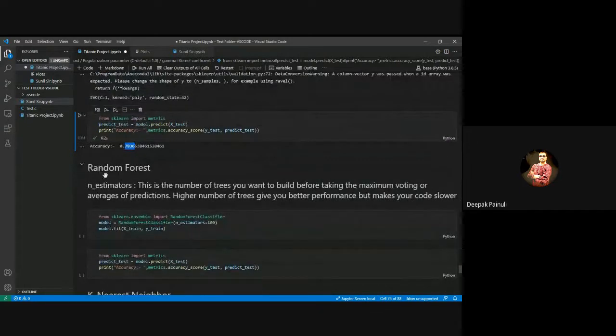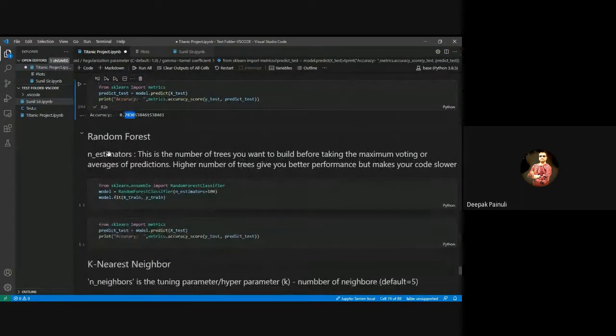नेक्स्ट वन वी हैव रैंडम फॉरेस्ट. It is also a tree based classifier which creates multiple decision trees, and after voting of all decision trees, it will select the best decision tree for prediction purpose, right? So import random forest classifier from sklearn.ensemble. It is a type of ensemble method, right? So just pass it to the model,